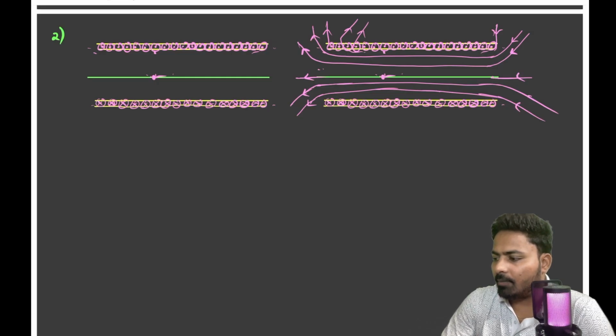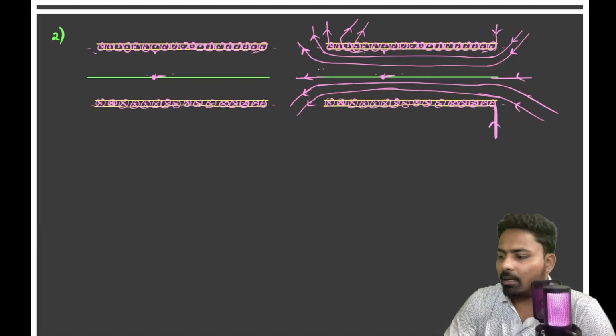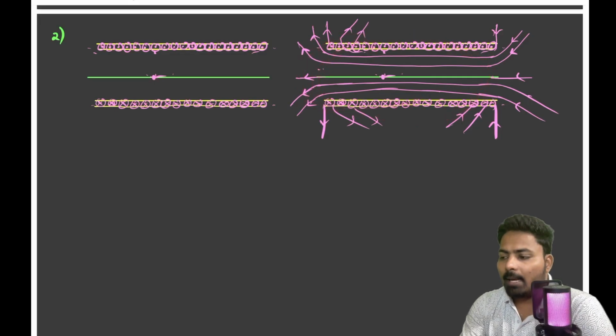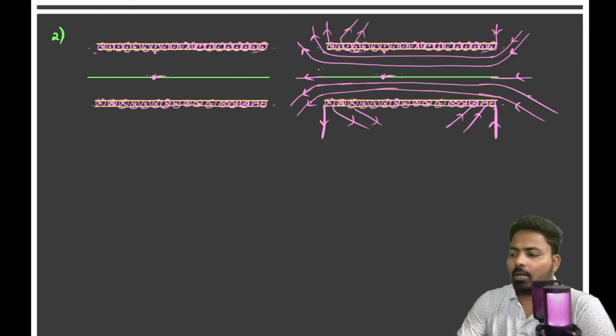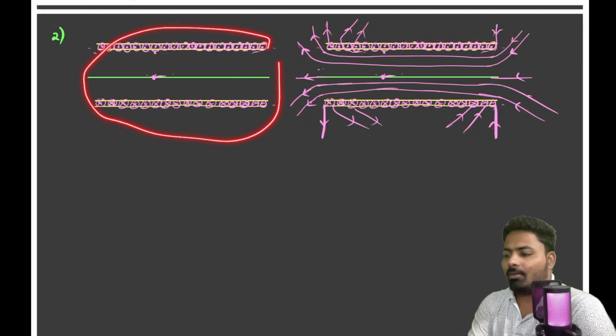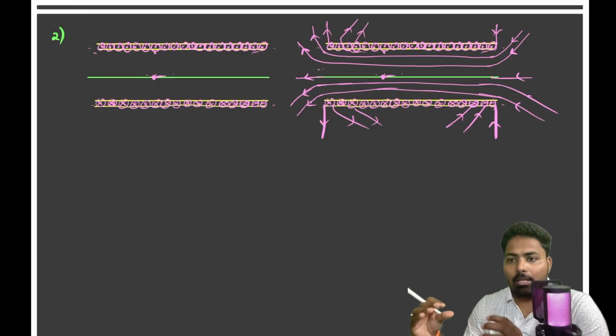Some field lines will enter here and leave here, and some will go like this. I hope this diagram is pretty clear for you. The mirror image of this will be again here, the same pattern repeated over here. Okay, when I join these two,